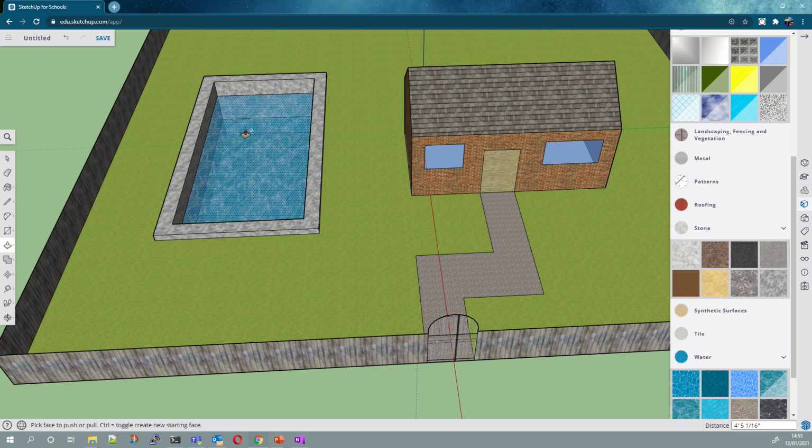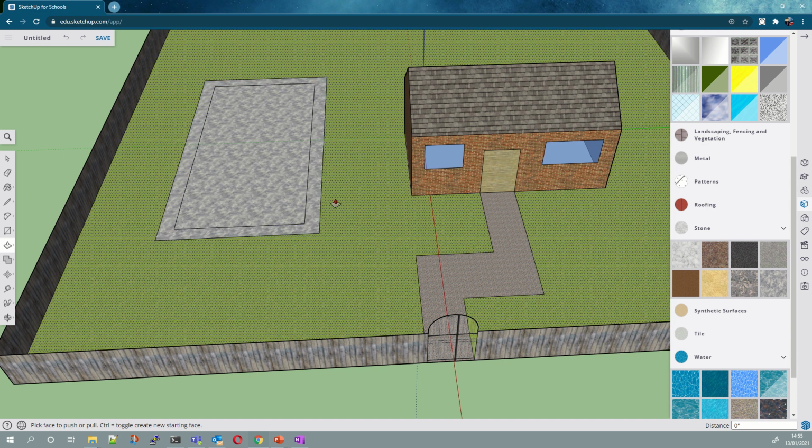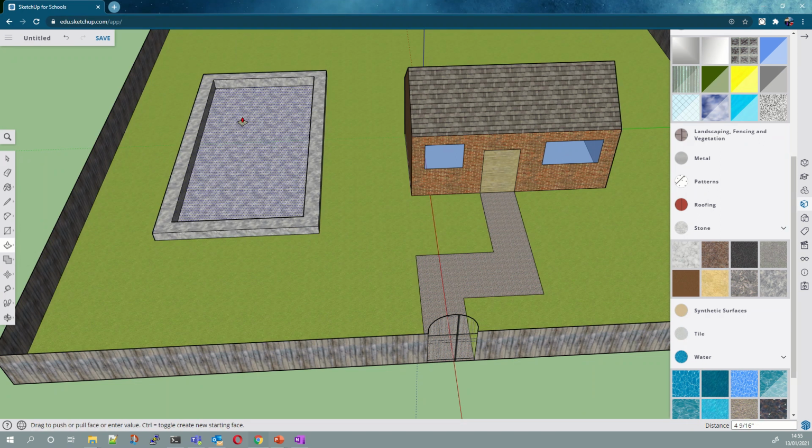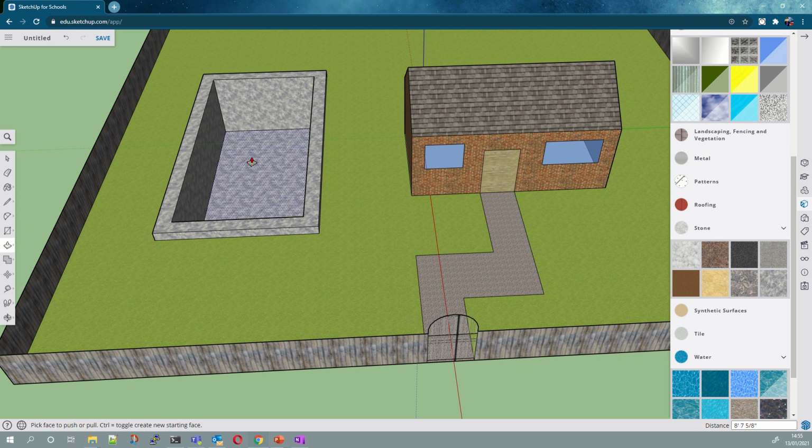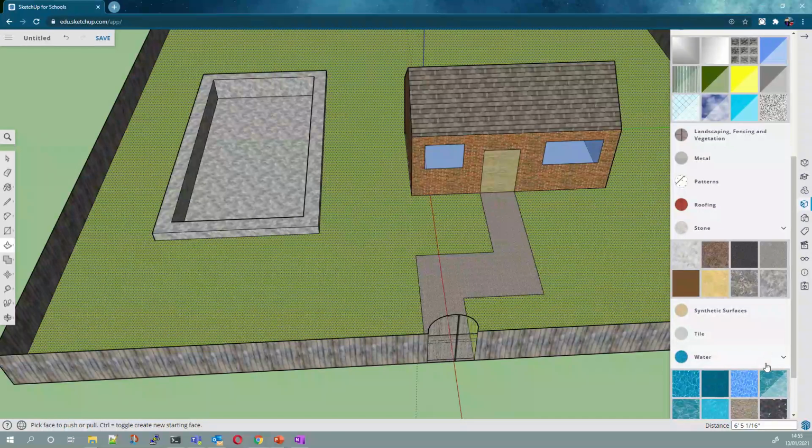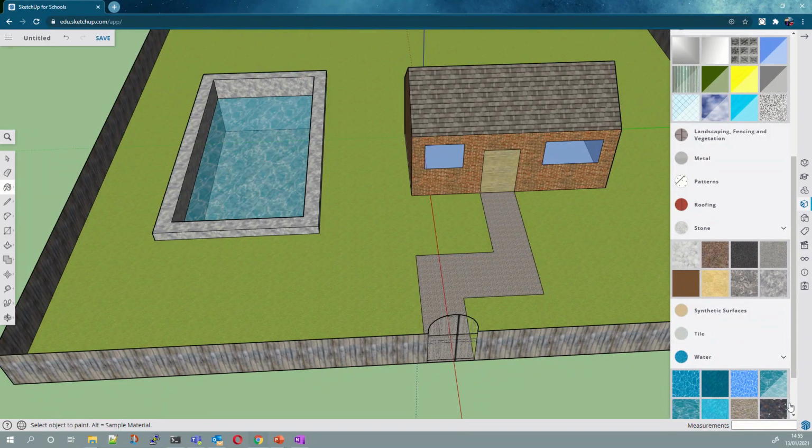I'm going to undo because there's now two sets of water. It's confusing. So if you copy the floor, I'll do all that again. I know you can replay the video, but I've drawn my floor out and made it stone. I've used the offset tool, it's called, to copy the shape on the inside, and then I lift the middle up, so lift the outer up a little bit, push the middle down, and then hold the Control key on the keyboard. I get the plus sign. I can lift the floor up, colour it in like water, especially the water with a diagonal through, because that means it's see-through, and you've got